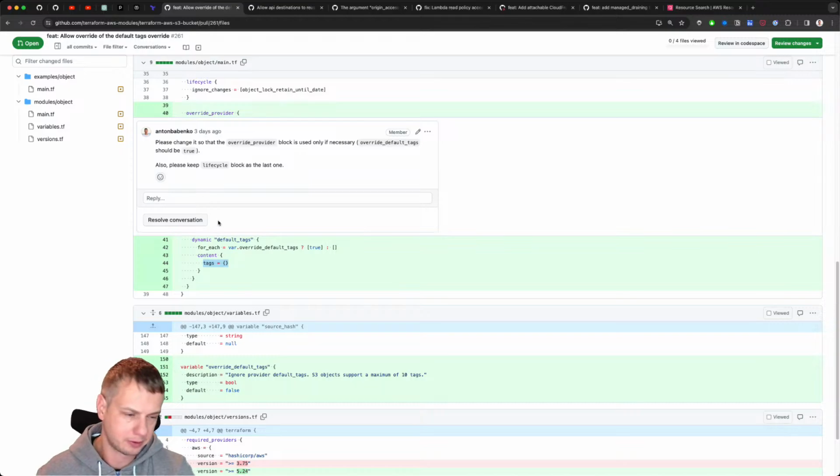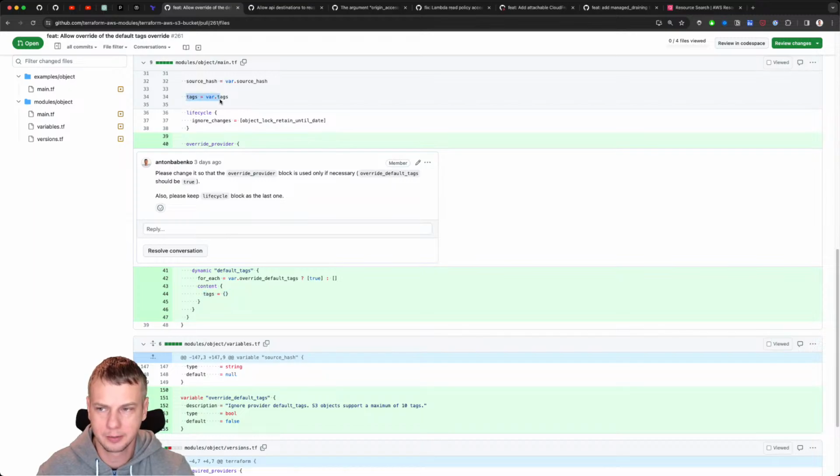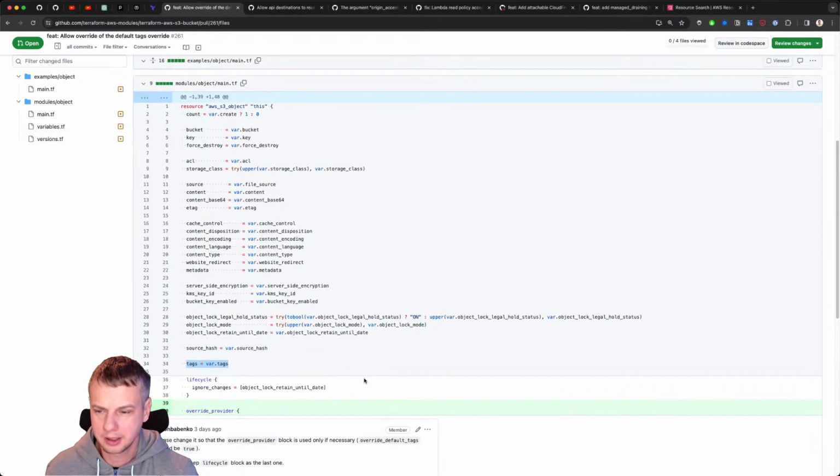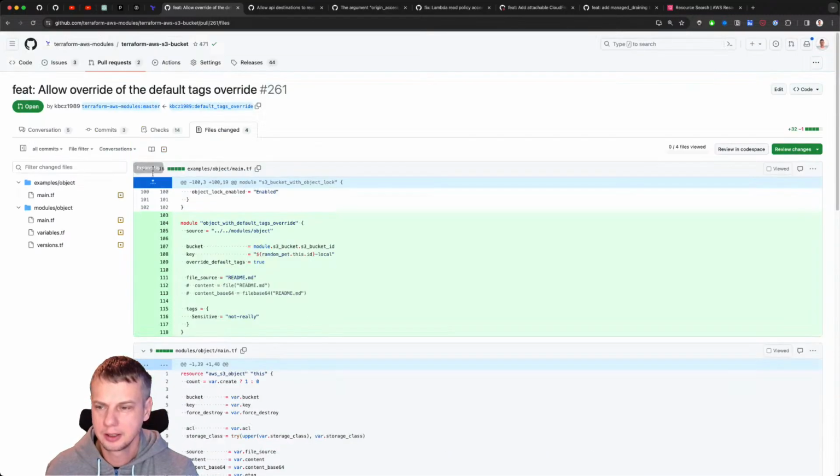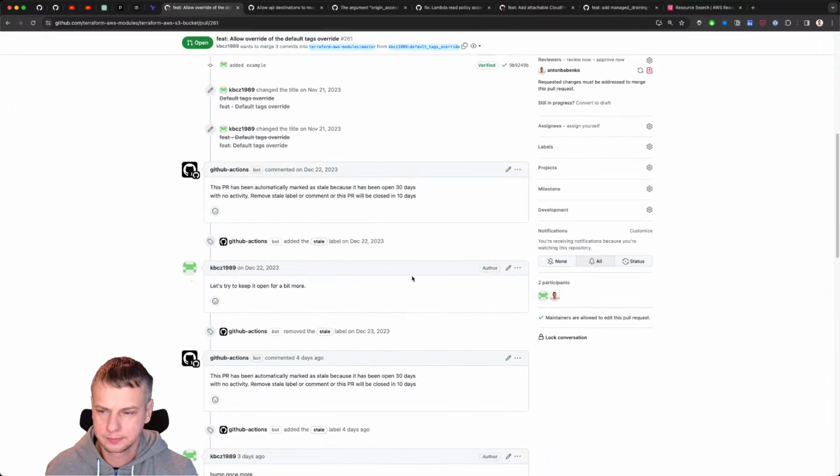So for example, if the provider specifies something, we want to turn off those tags and only use those tags which are coming from the resource itself. That's pretty much it. So I left this comment here, but as I can see, nobody took it and finished it. So now I'd like to finish this pull request, right?